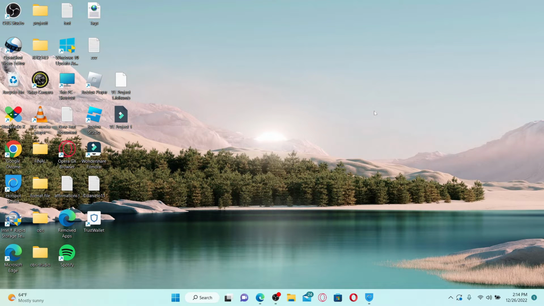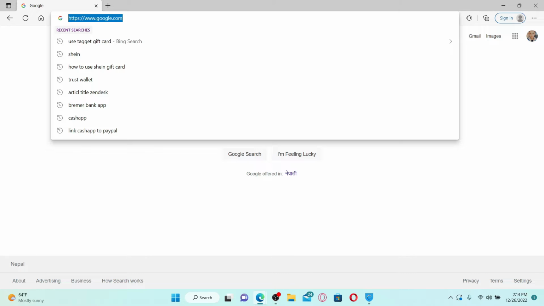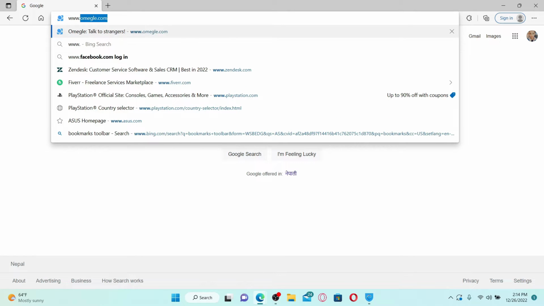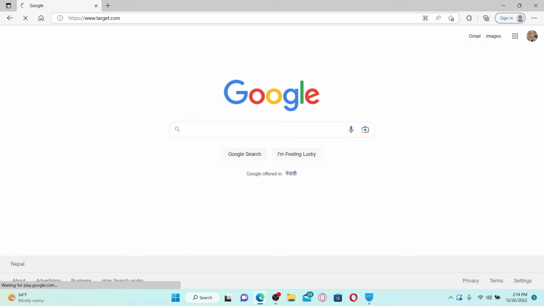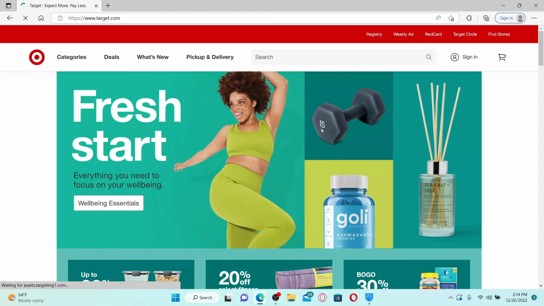To use a Target gift card online, first open up a web browser and log into your Target.com account. Type in the URL www.target.com and press enter on your keyboard. Also make sure that you are logged into your Target.com account. Once you're inside, you can easily use your gift card as a method of payment while checking out with a